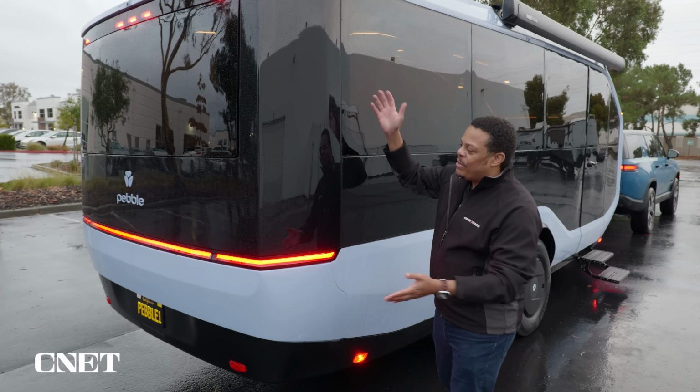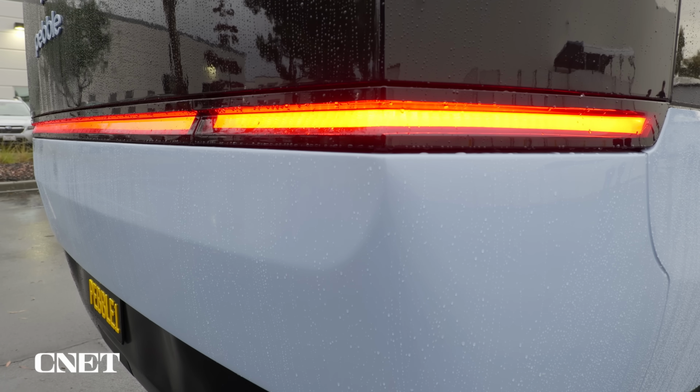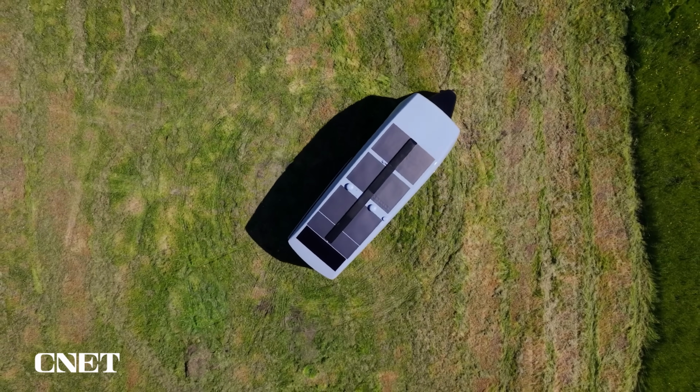Now, while they were back here reshaping things, they also took a look at the rear end of the vehicle, and now we've got this new wraparound taillight design that personally I think looks really good paired up with a Rivian. It's still a 45 kilowatt-hour battery, still dual motor setup, still solar panel over the entire roof, but the